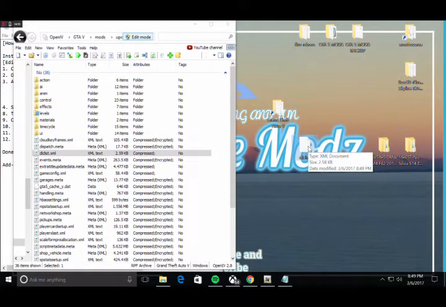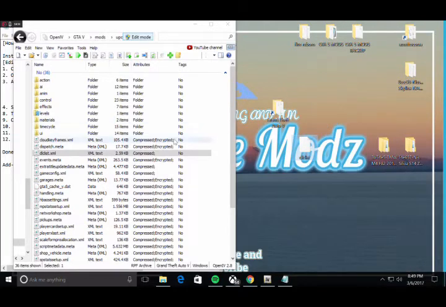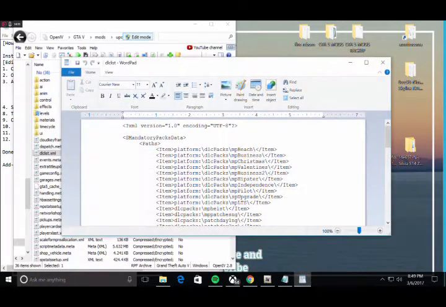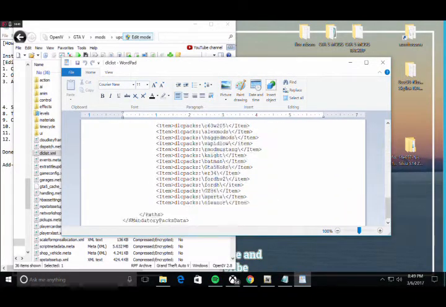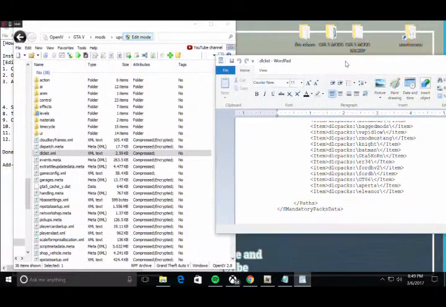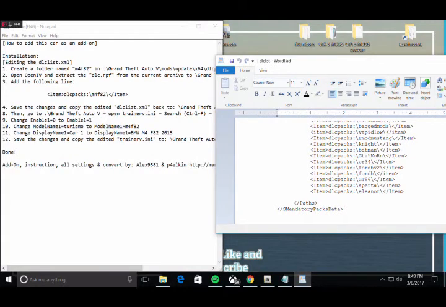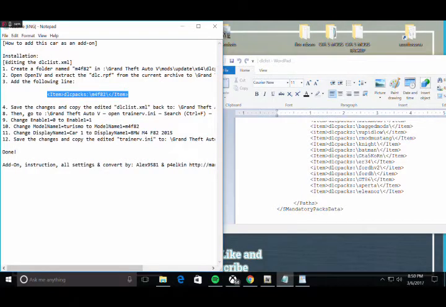Some of you guys will be able to edit with, you know, Notepad. I really don't care. As long as you guys are able to open it up and it'll have all this information on it, you guys just go to the bottom and you guys will have all this. Now what you guys will do next is just minimize OpenIV and just read it. You guys will need to do this and grab this. It'll be a really short sentence, look like this,